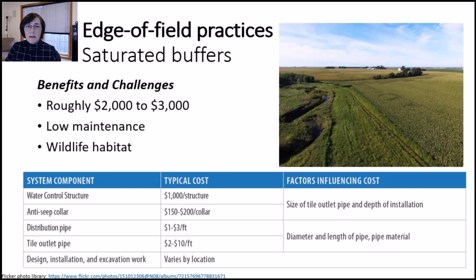If your buffer happens to be in a federal conservation program like the Conservation Reserve Program, there's requirements that you have to meet in terms of maintenance for those types of buffers. But basically, you really could set that control structure and leave it in place, just checking on it a couple times a year. Other than the siting restrictions that we talked about a second ago, there's very little challenges or barriers for this practice. It's really a very easy practice, but again, you have to be willing to have a buffer and not farm right up to the edge of the creek.